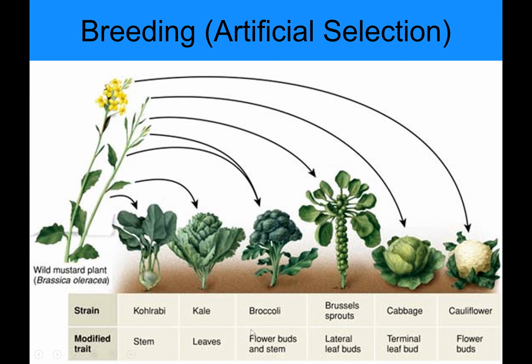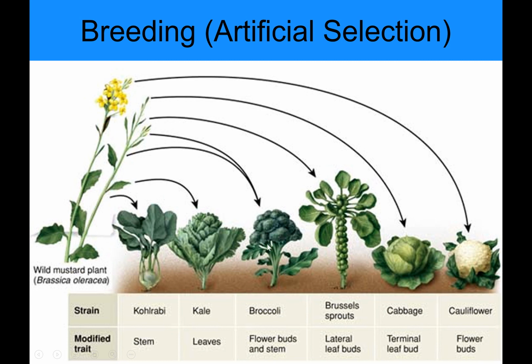So speaking of breeding, this is another example kind of like the chickens. This wild mustard plant, if you found this and you were starving, you might not even realize you could eat it because there's so little edible material. But there's enough that a long time ago people figured out they could eat some parts of this, like the leaves, etc., and they started growing it. And some of them, maybe they noticed, ooh, this one has kind of an extra big flowering part. I'm going to breed it with this other plant like it that has an extra big flowering part. So they rubbed the flowers of one on the flowers of another to make offspring, and eventually they got